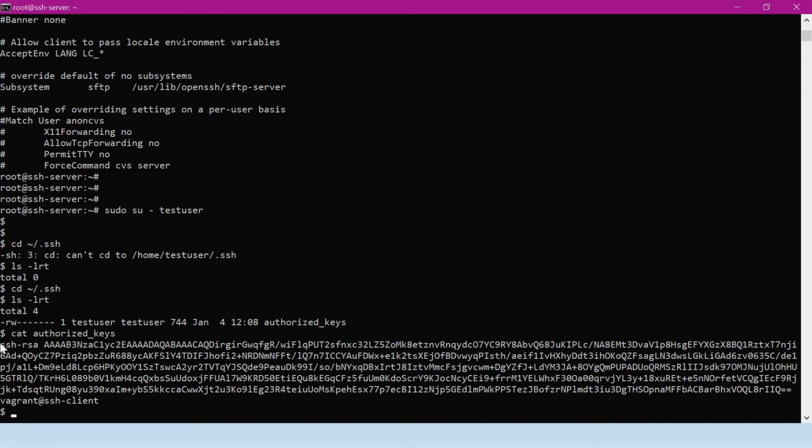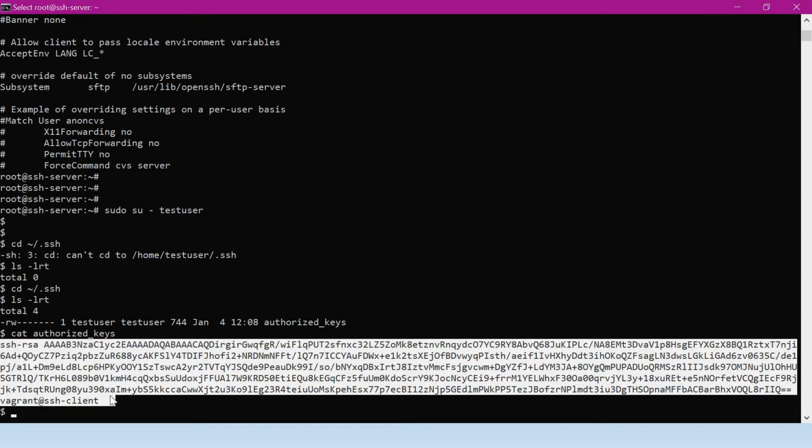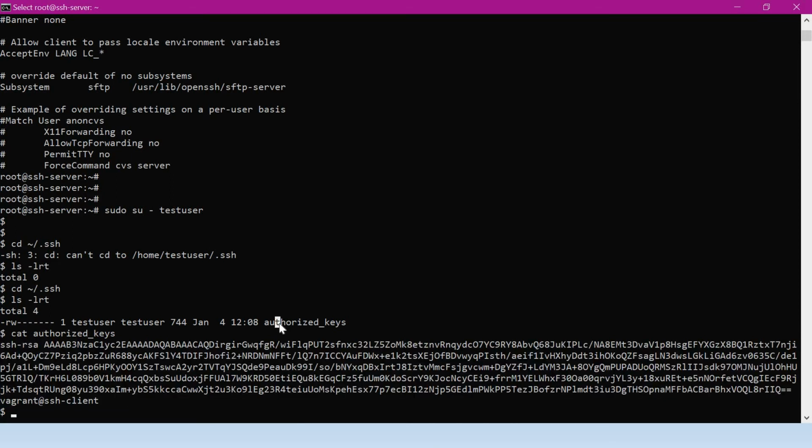So this is the public key of our client. Since the public key is present, now we can directly connect from the client. Also, we have to remember the permissions of this key file are very important. We have to maintain these permissions like 600. So this is why it is always advisable to use the SSH copy ID command instead of copying manually to the authorized keys file, because if the permissions are not maintained properly, like 600, then it would give us some problems.